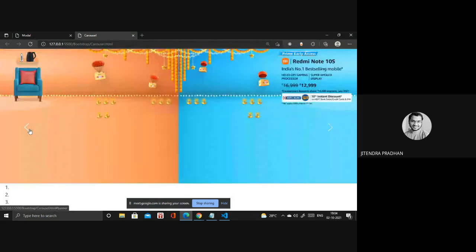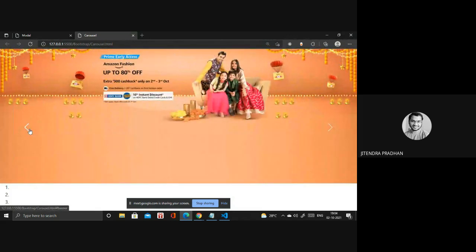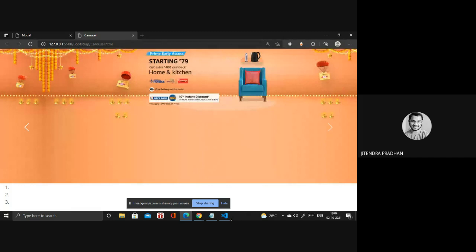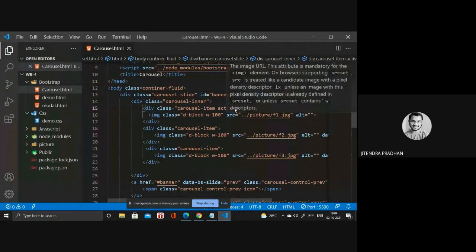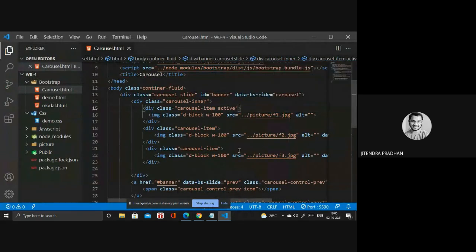So you have to write this only active due to the active class. Why do we need to use active? Because if you want to show a particular picture, like the zero slide or the one slide, at the time of default, then you have to use the active. If I use active in the second image, let's see what happens. Active.